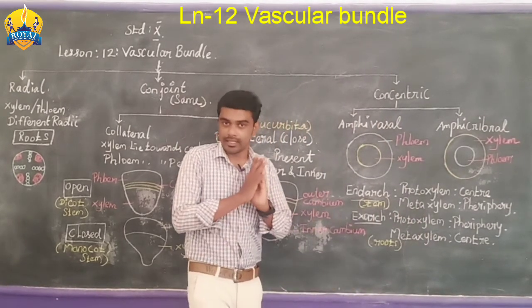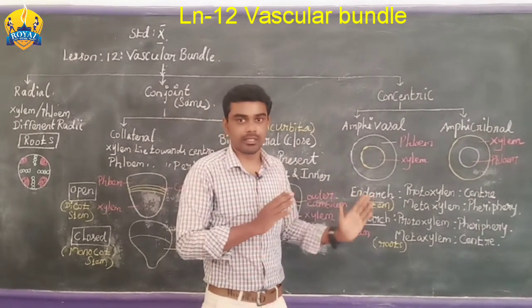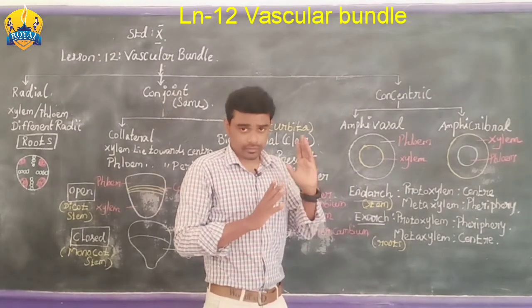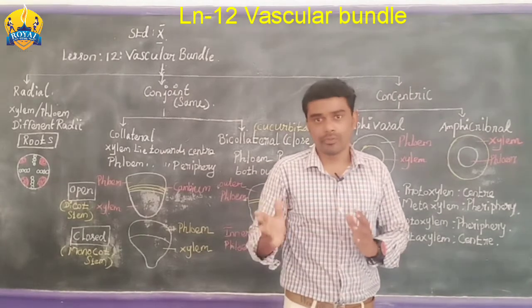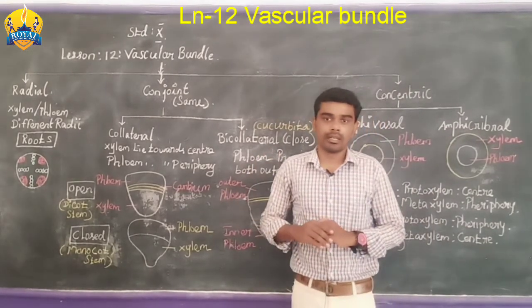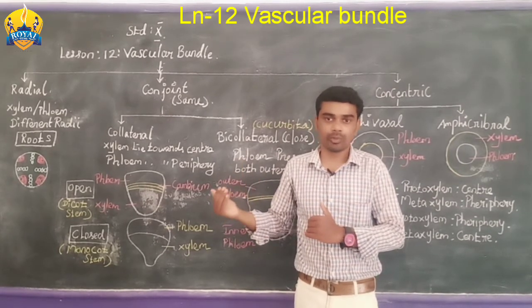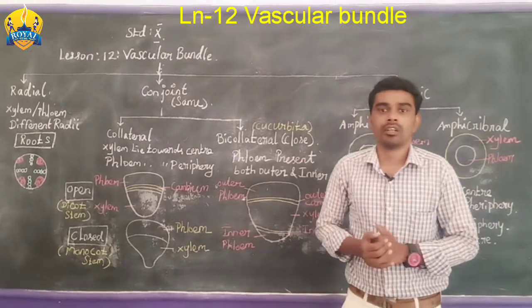If there is any doubt you can ask, it's not a problem. Revise it, note it in your fair work and read the textbook. In future classes, we will discuss dicot and monocot and their types: dicot stem, root, leaf and monocot stem, root, leaf.